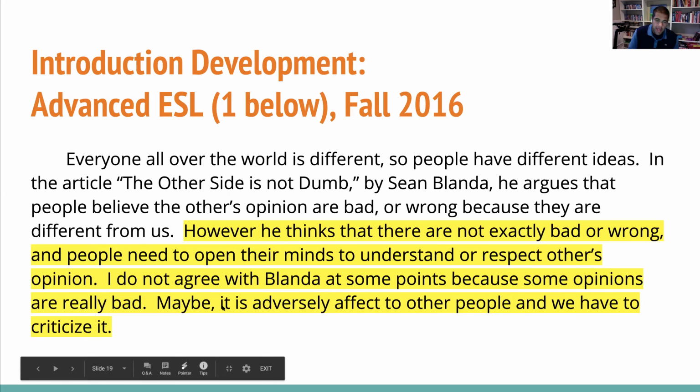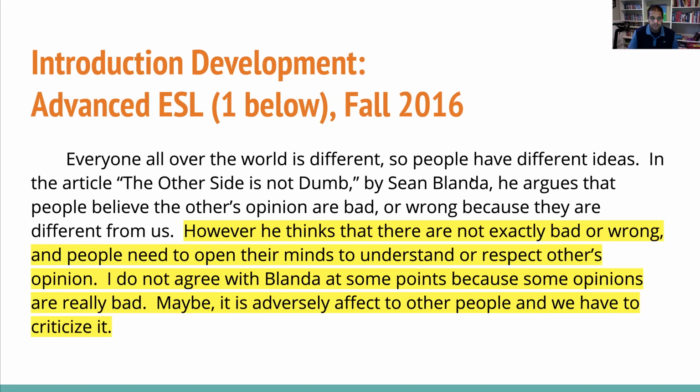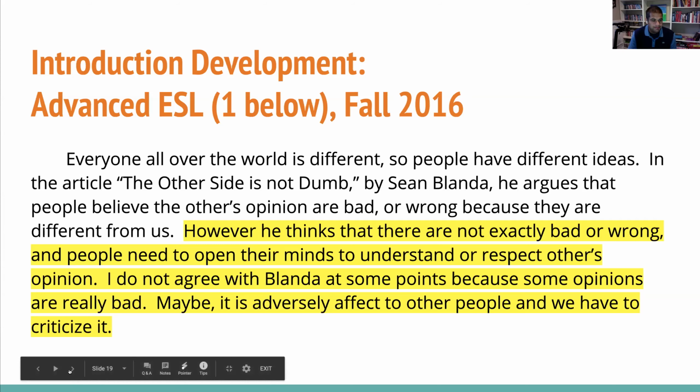So we're going to look a little bit at introduction development, specifically focusing on central idea, right? In this first piece from her integrated skills class, she's bringing in the writer's argument about looking at other people's opinions and not instantly dismissing them as dumb or stupid, being dismissive of ideas because they counter your own. We can start to see the beginning of her putting forth her argument, right? Here's what this writer says, but I don't agree with his points. So a really straightforward argument: understanding what the writer's ideas are, and then thinking about what her stance is on that specific issue.